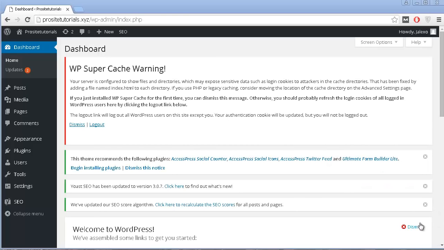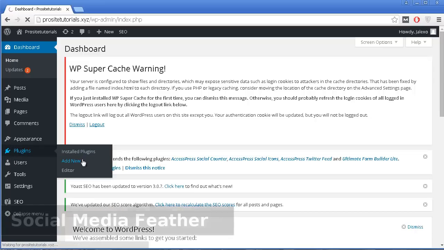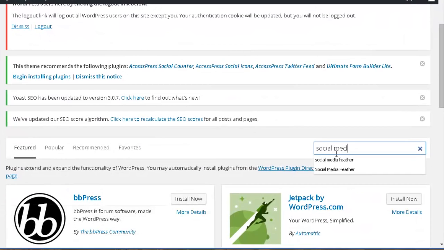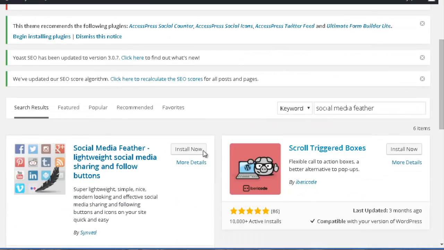As I said before, nowadays it's all about earning links to your website, and you gotta make that task really easy for the people who go to your website. So it's always a good idea to include social media buttons inside of your posts so people can easily share your content on Facebook, Twitter, or whatever platform they like using. There are plenty of plugins out there for this purpose, but in my case I like to use Social Media Feather, and this is a really good plugin. You just need to search for Social Media Feather. It's this first plugin. Just press install now,